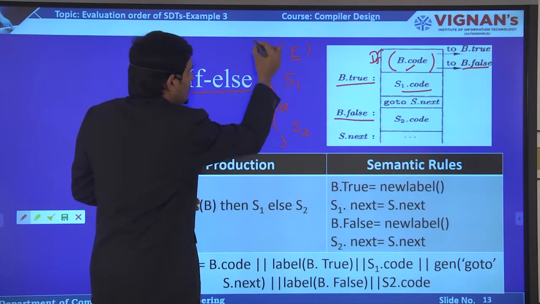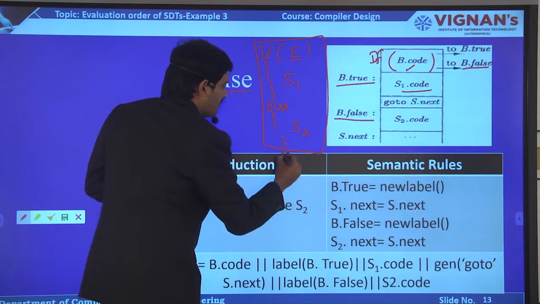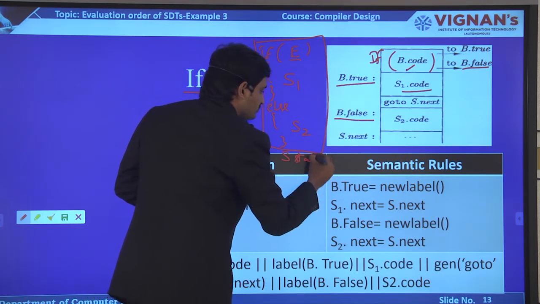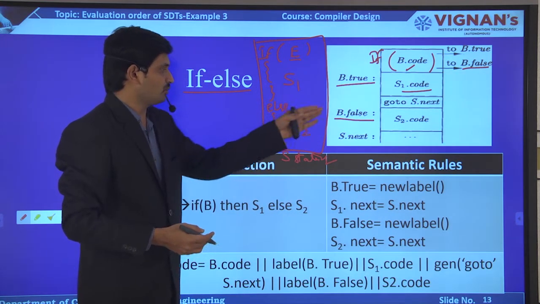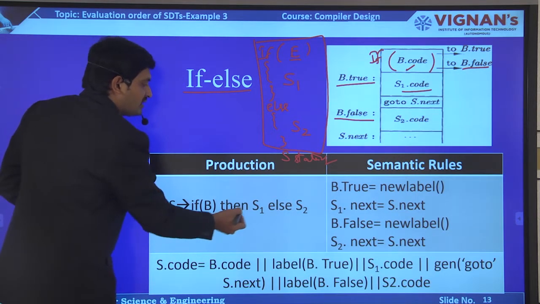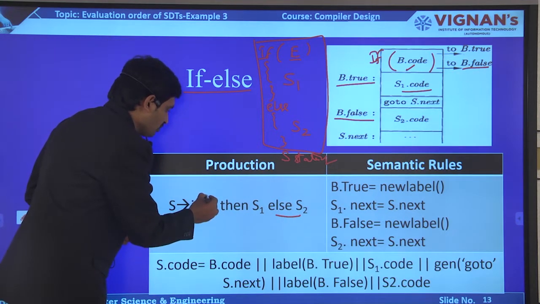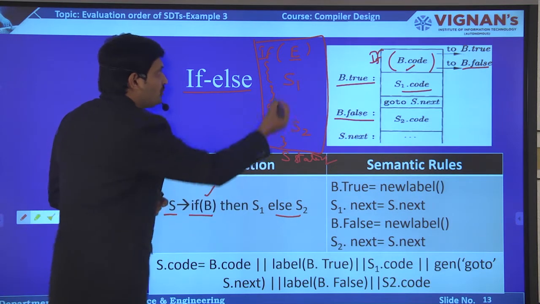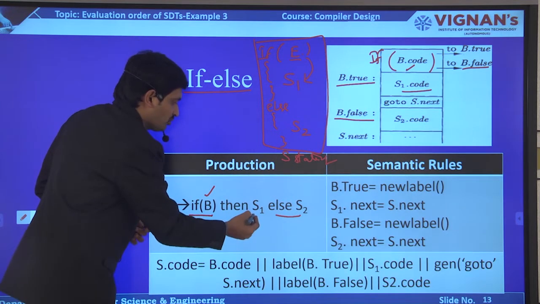Fine. So this is the if else block, and after this if else block, I may have some other statements, let us say S statements. So these are the statements not belonging to this if else. Now come to here. Let us take this expression S tends to if B then S1 else S2. So now the question: first I have to execute B. This is the expression. If this expression is true, what do I have to execute? This particular S1.